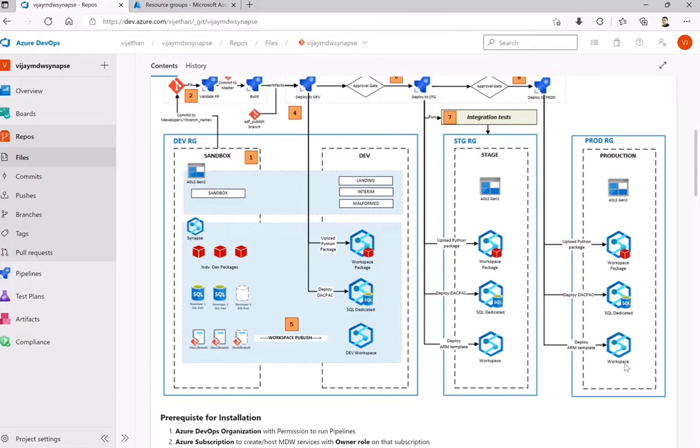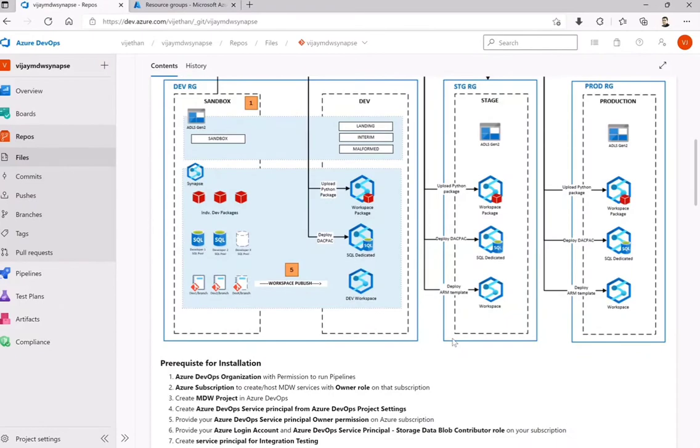Whatever the work we do on that particular, we are doing a lot of work from the cleansing, transforming of that data. But when it goes to integration or the production stage, that should be completely locked down from any changes, and it should be only for your business user to consume. So that is what we are trying to replicate here with the help of build and release pipeline.